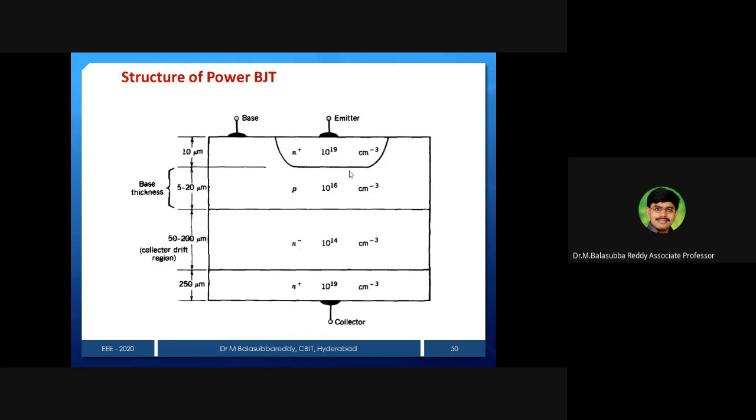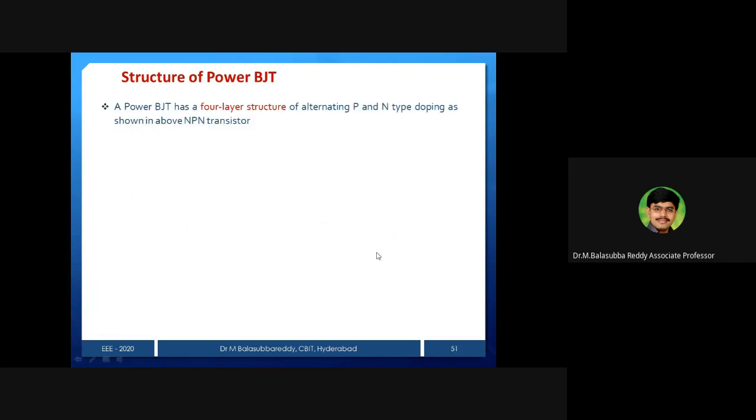Now we can see that in all the structures, whether it is a BJT, a MOSFET or an IGBT in a power device, we require this drift region. We are adding that. Other than that, everything is similar. The width of these layers is all specified: base thickness and collector drift region. This is the drift region. All parameters are mentioned. If you remember them, you can use them. Otherwise, just represent the structure and then explain the characteristics. That is sufficient. Now we'll see that a power BJT has a 4-layer structure because N minus is added,